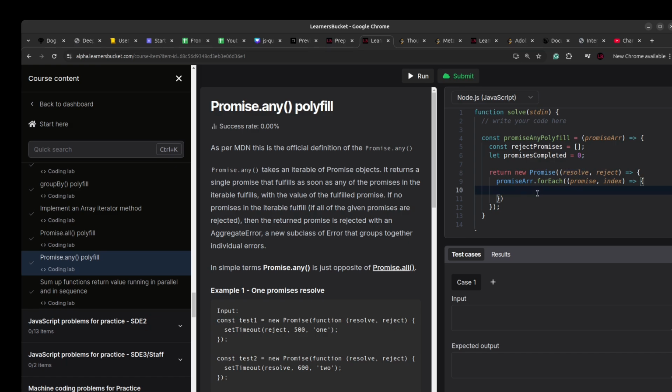So here I'm going to add Promise.resolve, then promise.then, and here it will have val, and we are going to resolve with the val. So as soon as any of the promises resolve, we are going to resolve with that value. Otherwise, in the catch section, we are going to get the error,